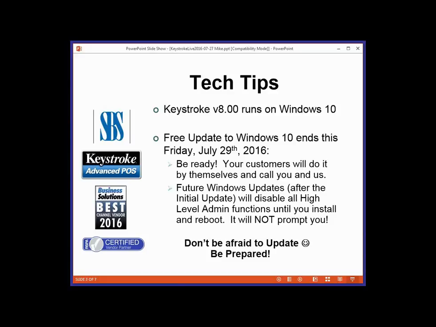Just be ready. Don't be afraid of the update. It's going to happen. More people are going to be on Windows 10 than you can ever imagine. I do want to also say that please be wary of the people that are on Windows 6.3 and they call and say, hey, I'm on